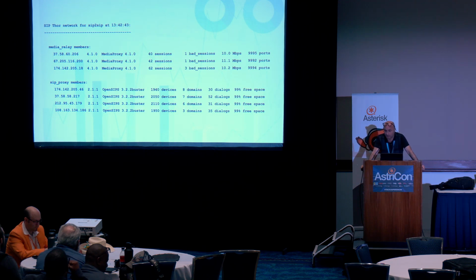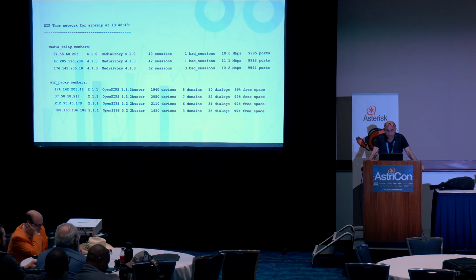So all the load is distributed equally across the SIP proxies and the media relays. So I already had some pieces. Like Skype, I imagine, in order to do Skype, you need to have an infrastructure. You need to have a server side. So it was like the time where I dared to say, well, why not build a SIP client now?